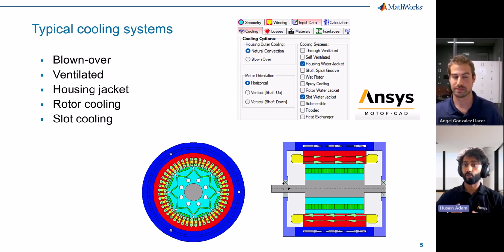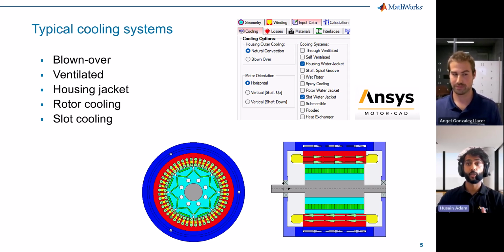Alongside those simpler cooling systems, we might have a more complex cooling system like a jacketed cooling system. In this, the housing has channels through which fluid flows. That can be seen in the images on the bottom of the slide here. In a typical automotive application, this fluid would be shared with other powertrain components, and so for this kind of system, maybe a system level design might be important to consider.